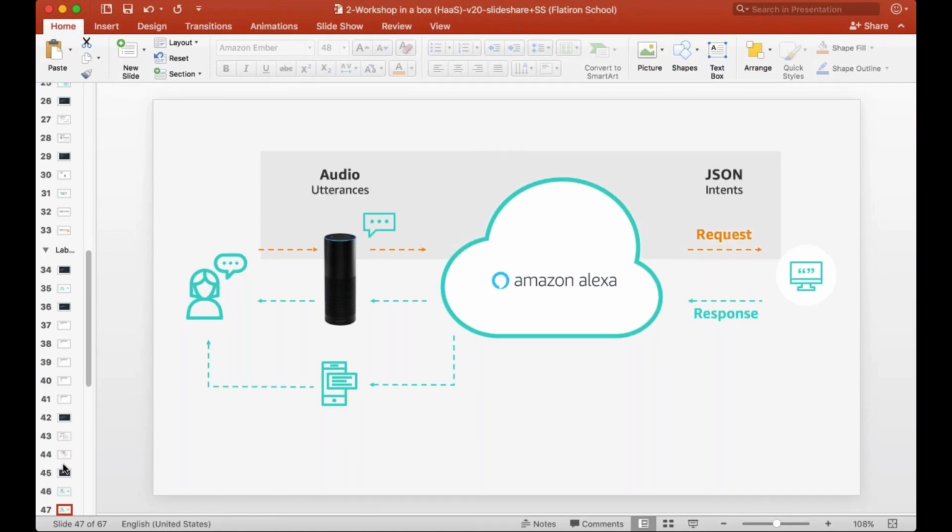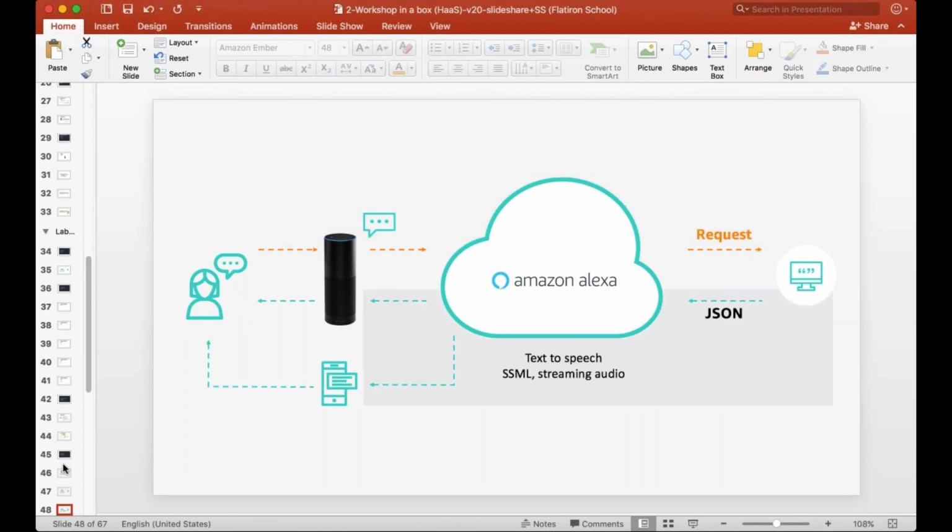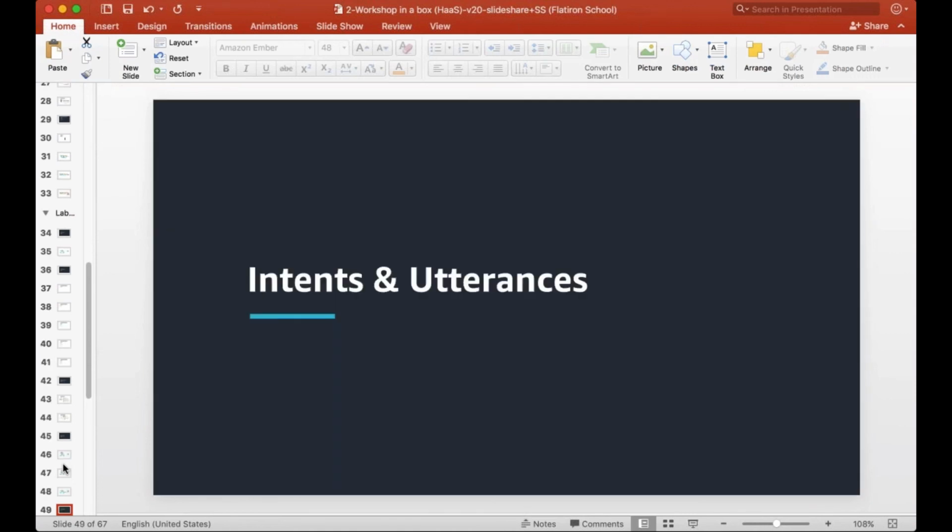Going back to that chart, when the user says something, the wake word is detected on the device, and we convert that into utterances and intents that are sent off to your skill. Your skill responds back with the JSON, and then it's finally converted into text-to-speech on the Alexa engine, and the audio is sent back to your device.